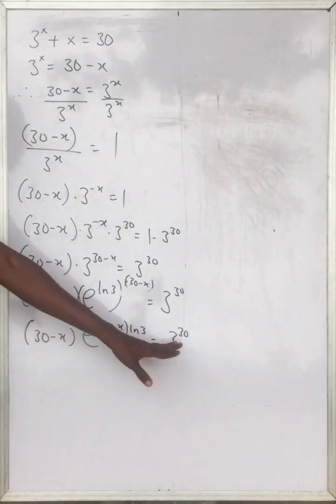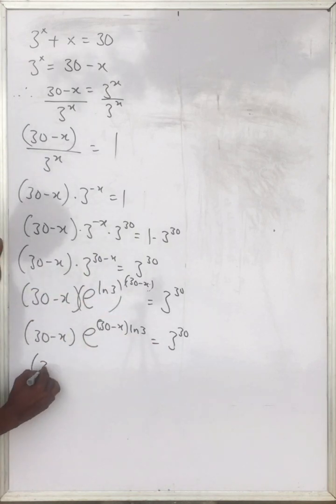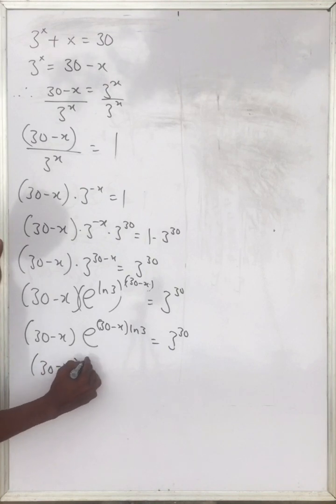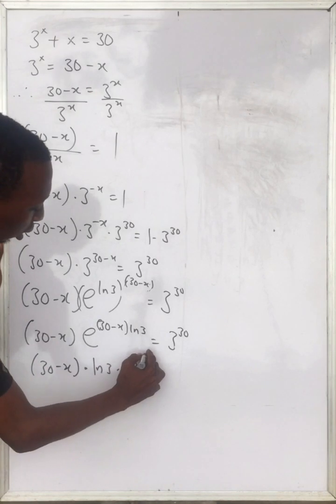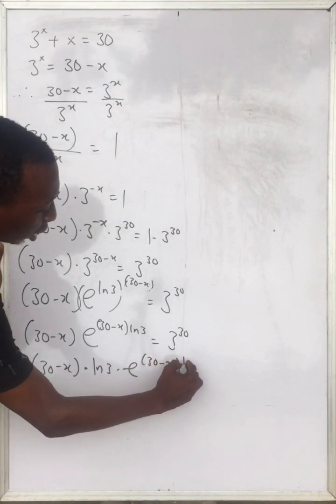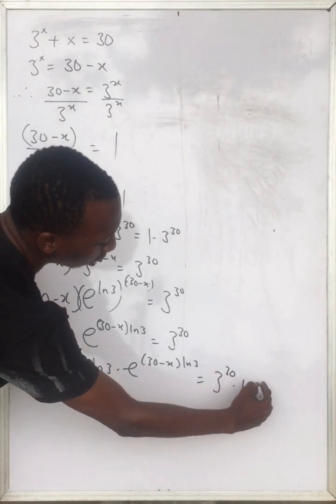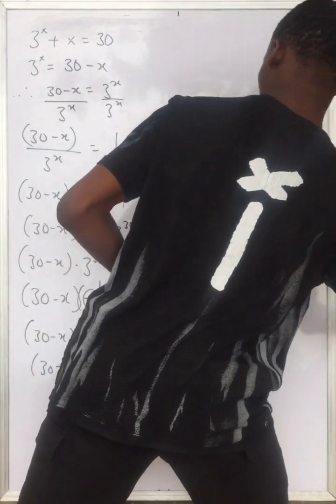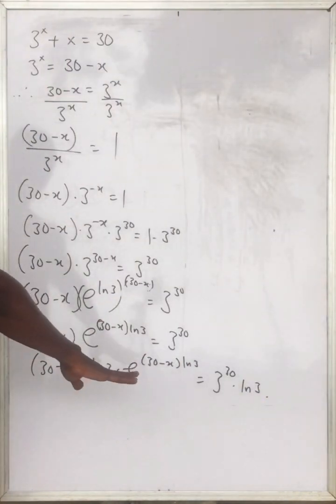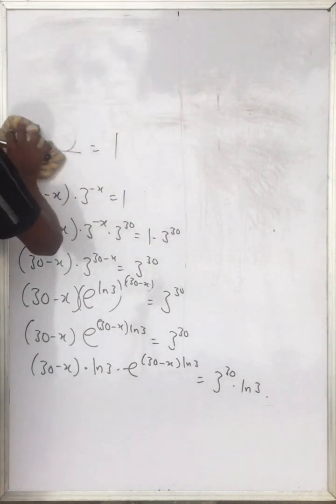Now, in order to make both sides the same thing, let me multiply both sides by ln of 3. Multiplying both sides by ln of 3 gives me ln of 3 times exponential of 30 minus x, the ln of 3, is equal to 3 raised to the power 30 times ln of 3. And so, looking at this problem now, let's proceed. Having multiplied both sides by ln of 3, I'm working towards the function, remember. So, we are going to then have,